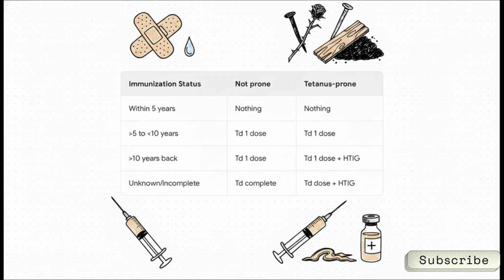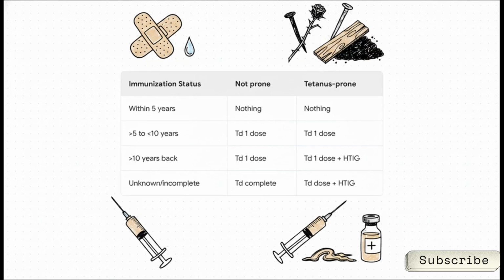Okay, you absolutely must memorize this algorithm for wound management. It is practically guaranteed to show up as a clinical scenario question. If a patient comes in with a wound, your decision hinges on two things. Is the wound tetanus prone, and what's their immunization history? If they had their vaccine within the last 5 years, do nothing. They are completely safe. If it's been between 5 and 10 years, you give 1 booster dose of TD, regardless